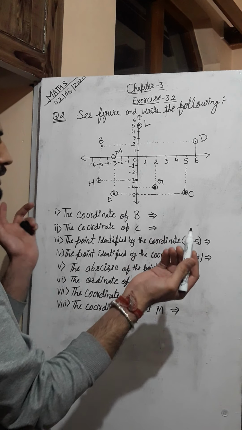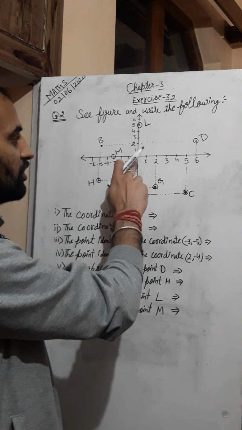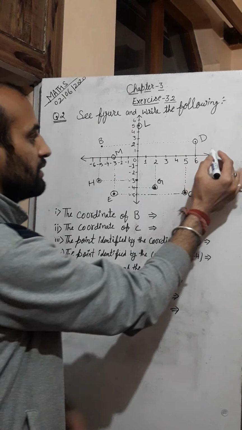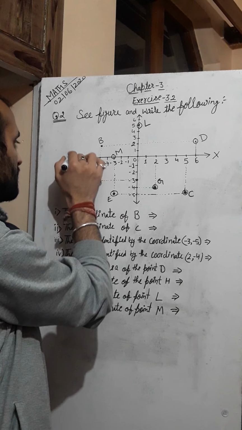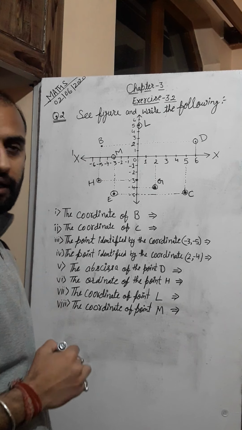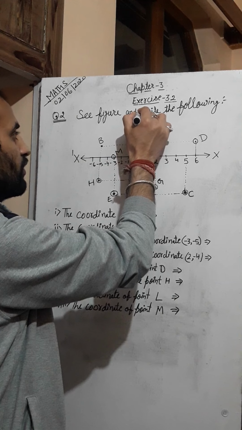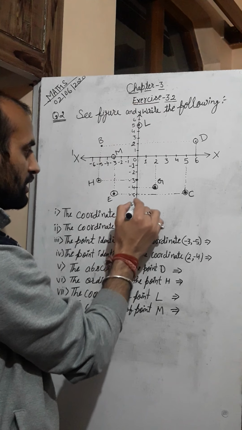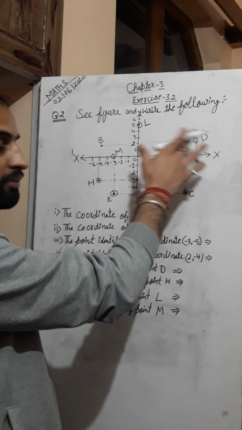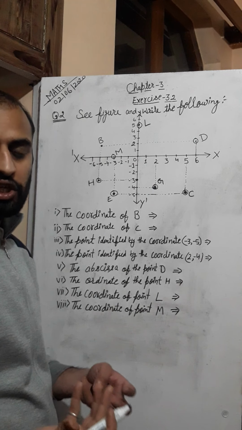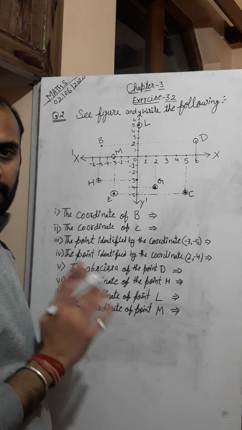So you can easily tell me now, this is the origin in the center. This line is called the x-axis. This is x dash, where we are representing the negative side. If this one is the y-axis, then this one is your y dash. Some data is given to us, we need to analyze that and find out the answers.